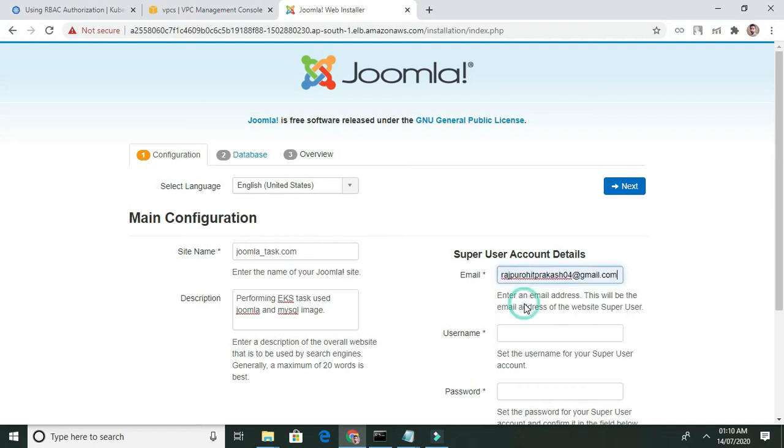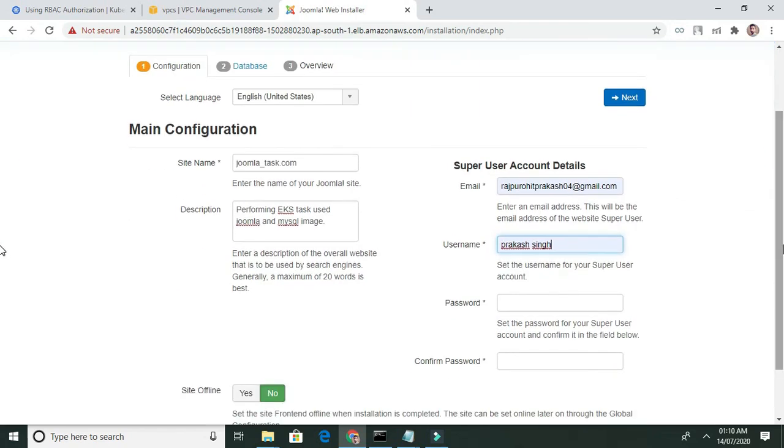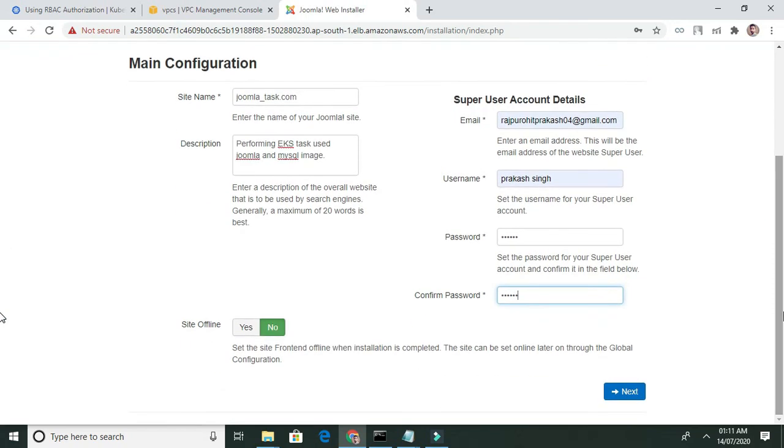Okay, you can type your email address. You can give any username that you want. I had done this practical before, so I think it's saved in the cache, that's why it's showing that name. And you can set any password that you want. Site offline means